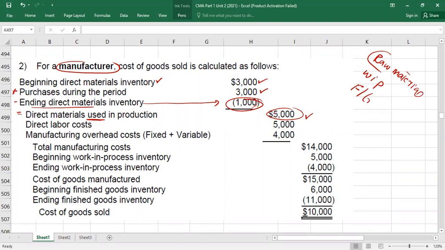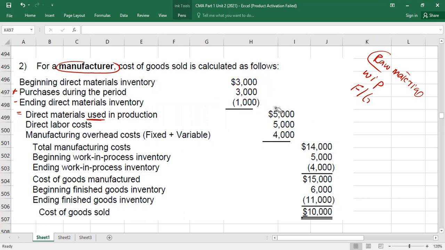On your calculator, you will take first raw material used. Then you will deduct what? Purchases. And then you will deduct what? Opening. Automatically on your calculator, you will get what? Ending raw material inventory. Understood? Continues. With every possibility, you have to be aware with all possibilities. Right? Now, once you got this value,